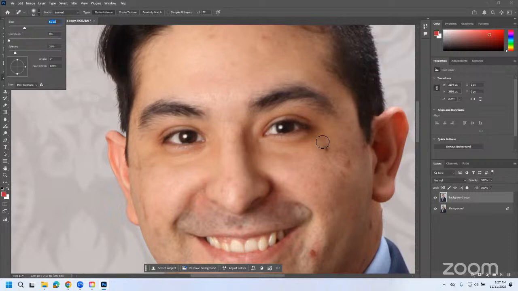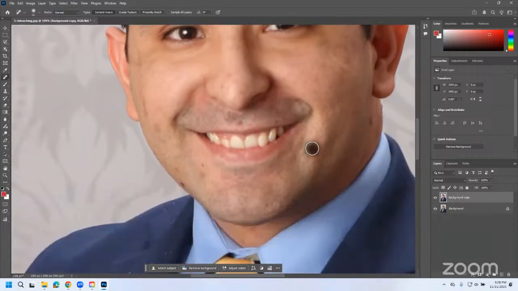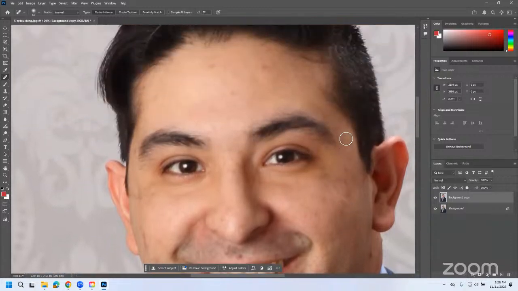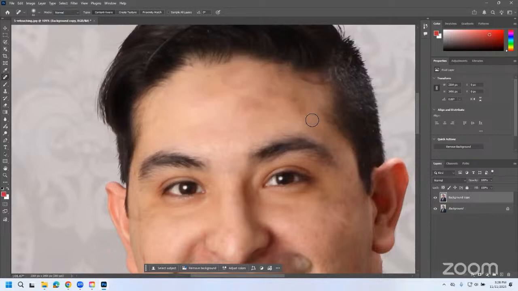All right, and then what we'll do next is we will click to paint over some of these blemishes. You can do this and you can drag a little bit, but the more that you drag, the more that's going to change in the image. So we can adjust these slightly by going over them. But if you go too big, it doesn't necessarily look too natural. So for example, if we were to just color over an area like this, it's going to change it in